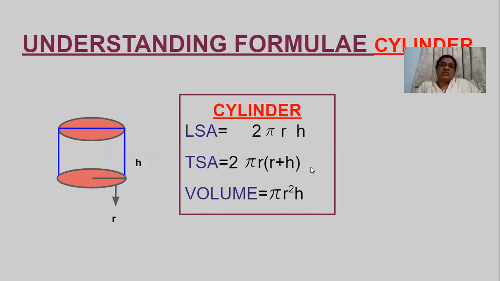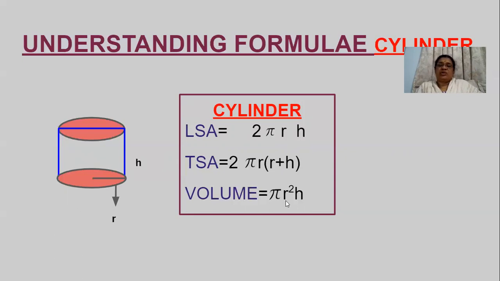The base, how does it look? It looks like a circle. What will be the circumference of a circle? That is the perimeter of the circle. It will be 2 pi r. Yes, 2 pi r. That is perimeter of a base into height, 2 pi r h will be LSA of a cylinder, and TSA will be 2 pi r into r plus h, and the